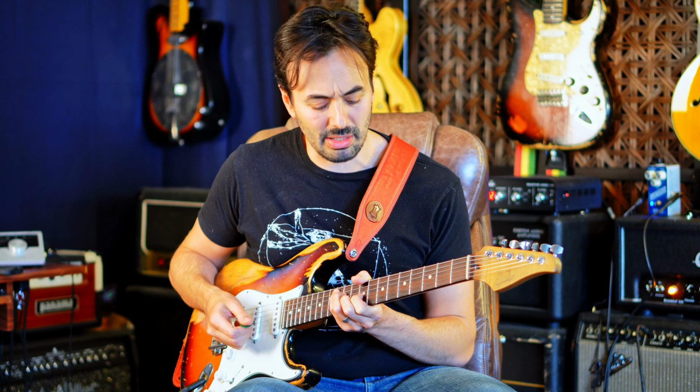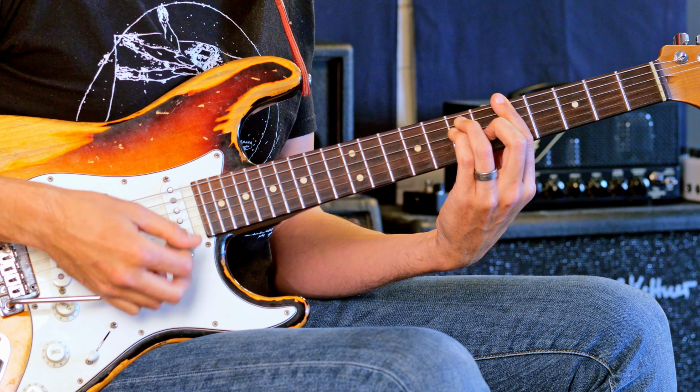But if I just think about that, right, just a minor third down instead of a major 6 up, it's just more accessible for a reason that is hard for me to articulate. So I have this C, and this A over that C. So this triad pair